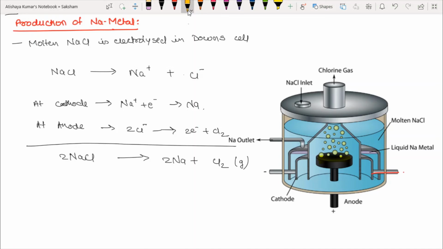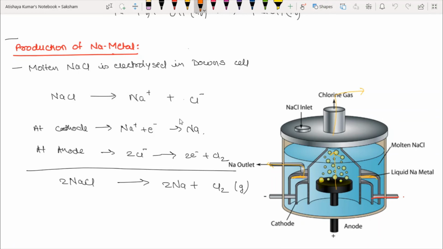So the sodium metal that is generated is collected over here only, and since it is dipped inside the brine solution, it does not react with any of the components of air. From here it is collected as sodium metal, and then it can be preserved in some mineral oil or some noble gas atmosphere. And the chlorine gas that is collected over here is passed through this pipe and collected into another chamber.